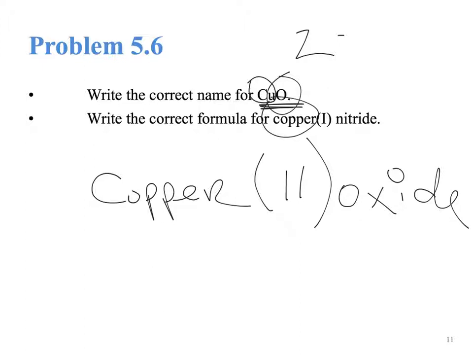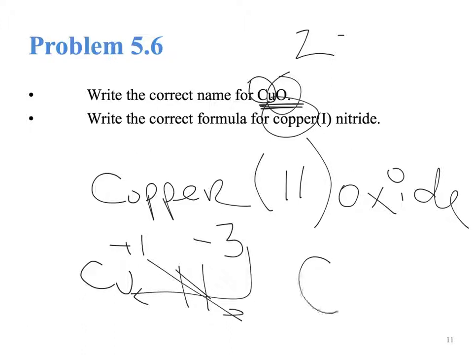Copper(I) nitride, so copper plus 1, nitride -3, so this goes here, so it's Cu3